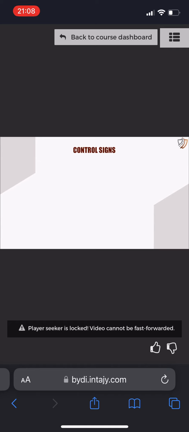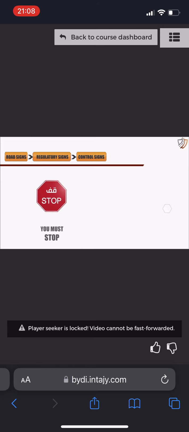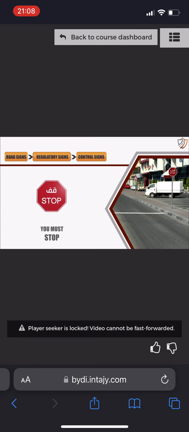Control signs. Control signs are used to assign right-of-way priority or direction of travel. Stop sign. This sign means motorist must stop. It is the only sign in the signing system which has the unique octagonal shape to differentiate from other signs because of its importance. This sign is usually found in the area where the driver's view might be obstructed or